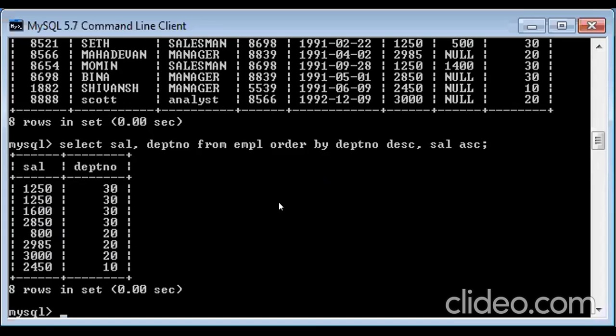So is that clear? How is it working? If 2 columns are given together, it will first check the first one, on a priority basis. The first one is the highest priority. So it will first sort this, and then whatever the output is, on the basis of that, it will sort the next column. Any doubts in this? Anyone? No, ma'am. Okay, so we will move on to the next point.